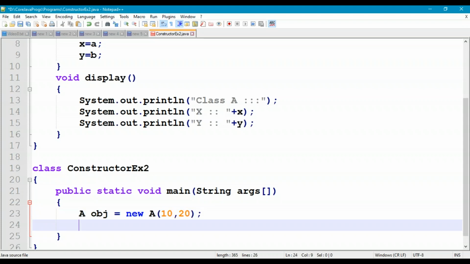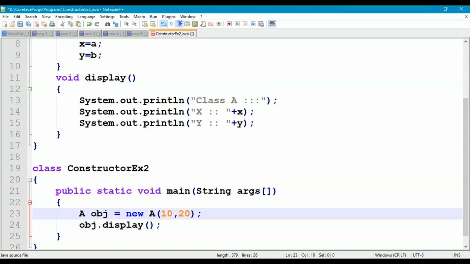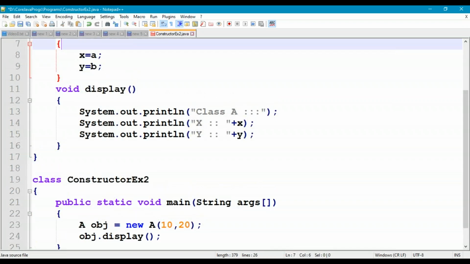So now I will say here obj dot display. So when you say obj dot display, automatically it goes to the display method and displays class A x and y values, which are 10 and 20, initialized in the constructor for object obj. Okay, so this is a constructor A,